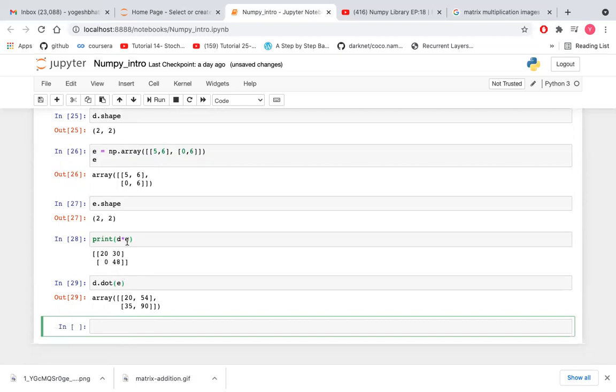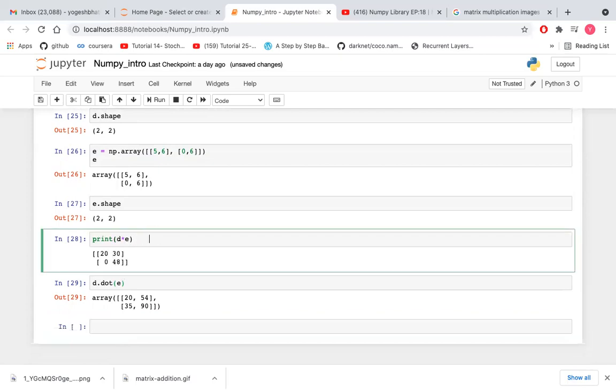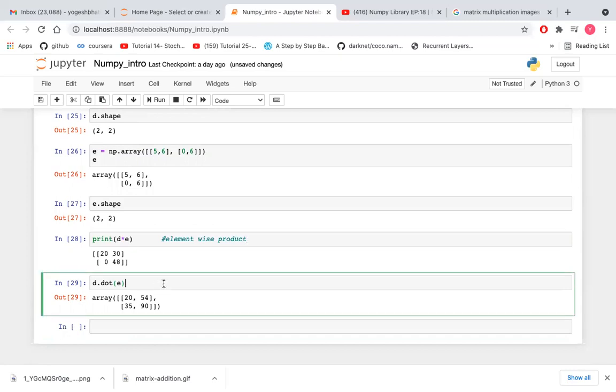It will give the element wise product. This d dot e will give the real dot product.